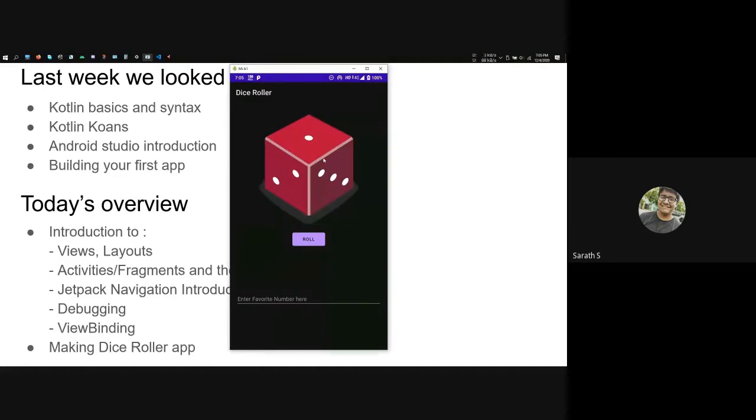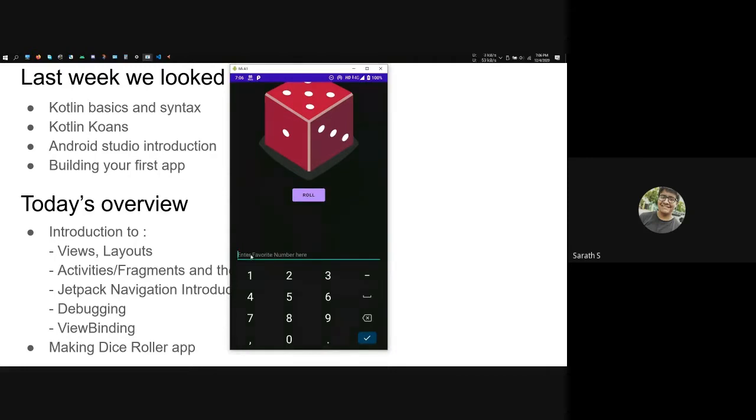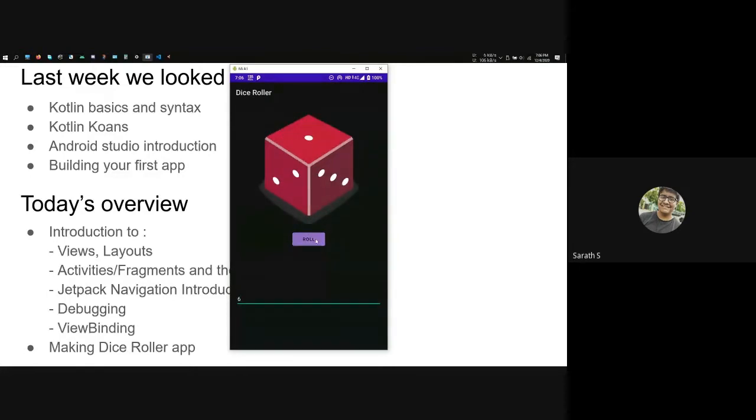So the basic functionality of the app is to just show an image of a dice and randomize the dice when you press roll. So if you press roll, it just rolled a 5 right now. All this logic you have to type yourself. And an additional feature I introduced was simply a favorite number here. So you just type your favorite number out of 6. Let's say I type 6. And if I roll 6, it will just say, yeah, you rolled your favorite number. So if I spam it, yeah, it's your favorite number. That is the basic app we're going to be looking at today.